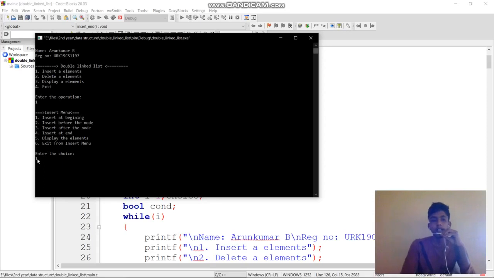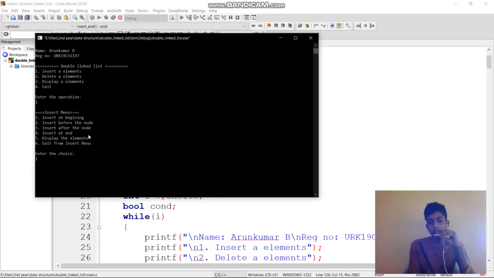For whatever operation, insert at beginning, before node, after node, or at end, there should already be an element for the operation to be performed. Without an element, you first need to add one.